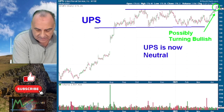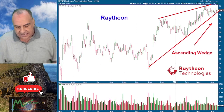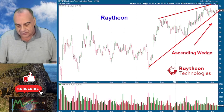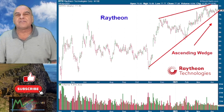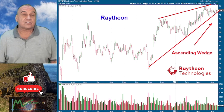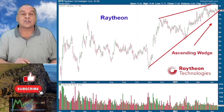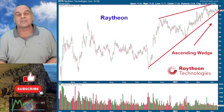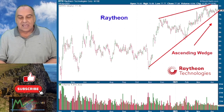And finally, we've got Raytheon. Again, this is a Dow component, a big military company. It used to be called United Technologies, and it's an ascending wedge. So again, there's an awful lot of key stocks in this ascending wedge pattern, and that's what I want to show you today. So you've now seen rounded tops, you've seen the stair-step flags, the bullish and the bearish. Now you're starting to get all the technology, all the lingo together. And in just a minute, we're going to be back with the